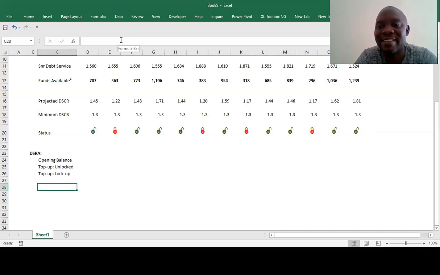But the lender, based on the rules that you signed up for, if you don't meet the minimum debt service cover ratio, your project will be locked. So what it means is that you will not be able to pay the junior lenders, meaning that money goes directly into the debt service reserve account. That is what it means.